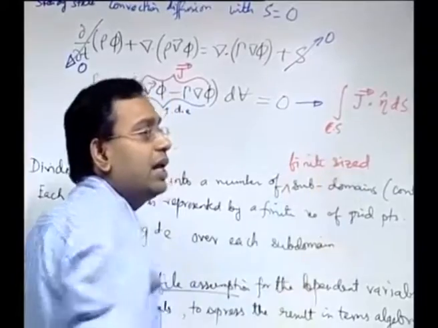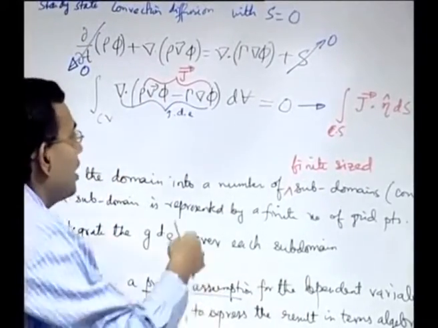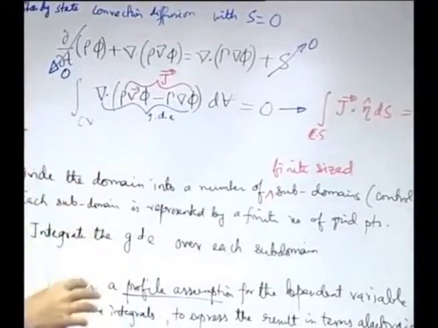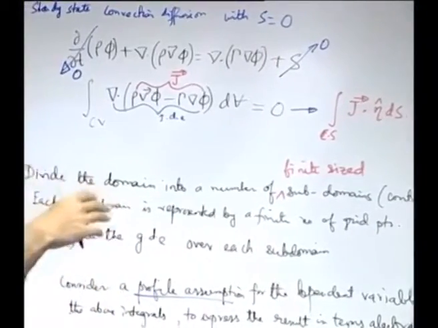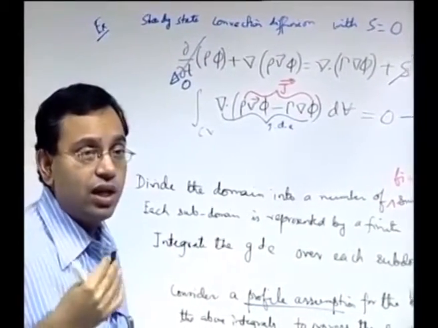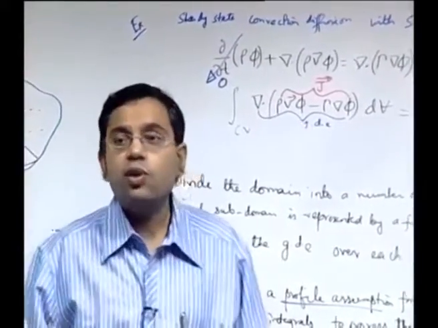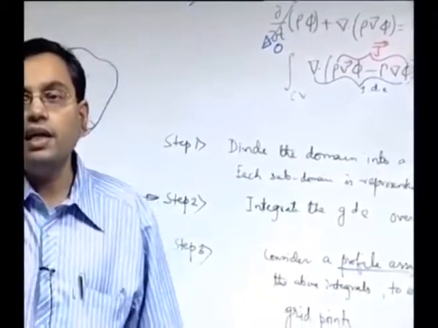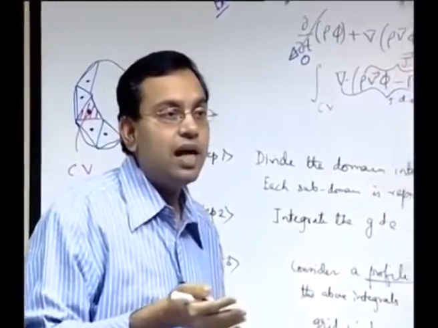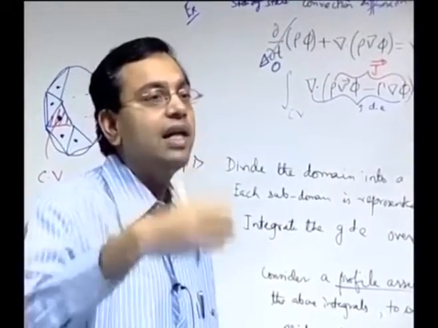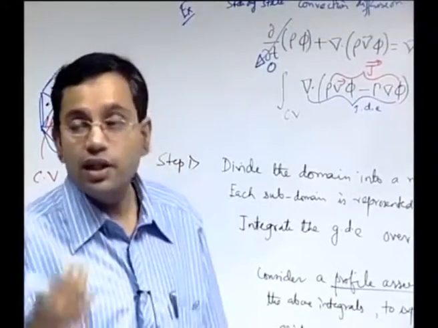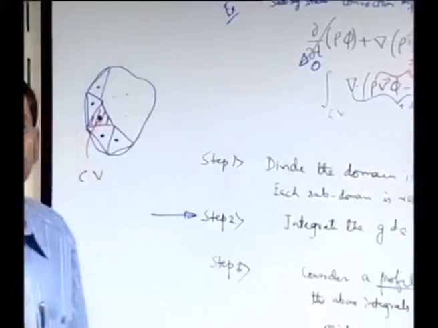So what are we gaining out of this? We had an integral expression for balance, from that we derived a differential equation. Now we are again integrating back the differential equation over the control volume. So a dilemma may arise as to why we are doing it. Once we had an integral expression for balance, we derived a differential equation from that, and suddenly we are integrating it back. What are we gaining out of it? We should have gained nothing out of it, but actually we are gaining something.